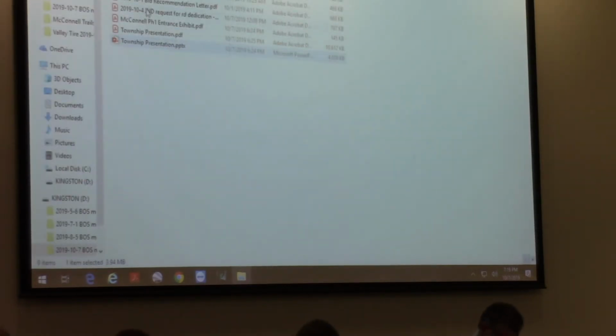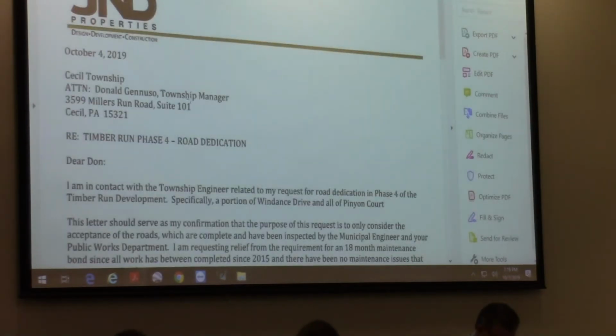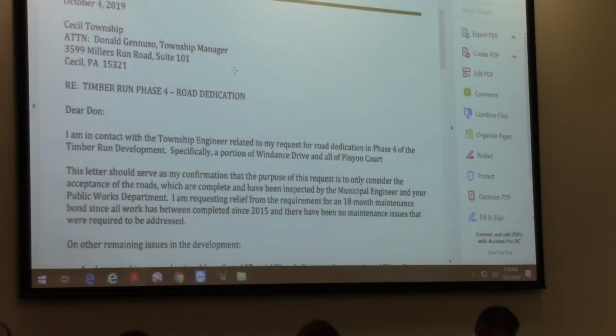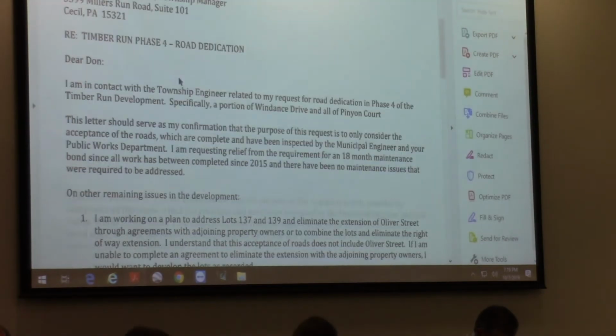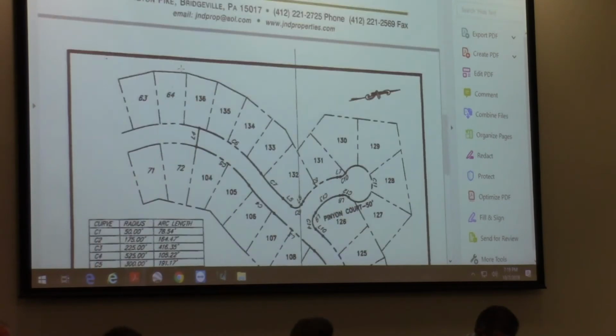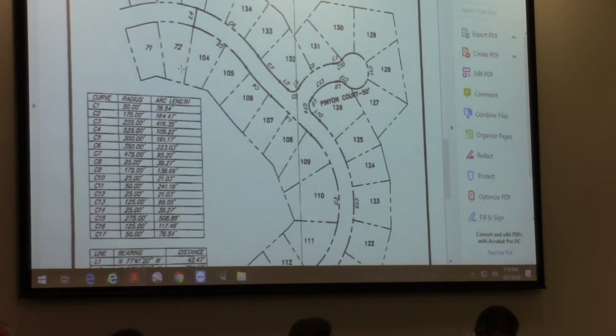170-2019, consider the request of J&D Properties for the acceptance of a portion of Windance Drive in Pinion Court subject to the solicitor's review of the deed of dedication and waiving the requirement for the maintenance bond as requested by the developer. Mr. Chairman, before we go on to this, should we have had the